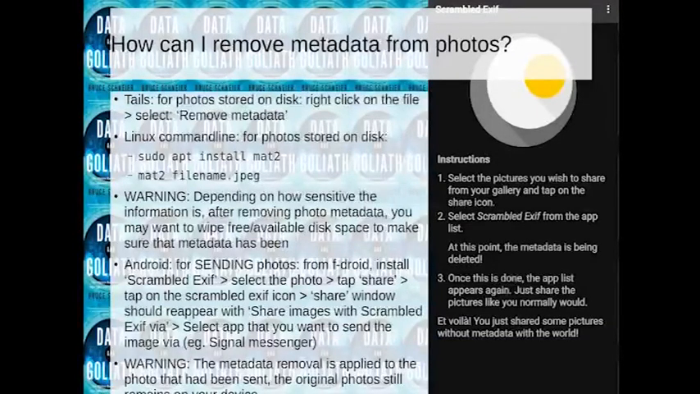Android has an app in F-Droid, which I'll explain later, called Scrambled Exif. On the right hand side you can see a screenshot from the Scrambled Exif app, where you simply tap share, then tap on the Scrambled Exif icon, and then it brings up another share dialog, and you select the app that you want to share it with. Be aware that when you've shared the photo with Signal Messenger, the metadata is removed from the photo that you sent,